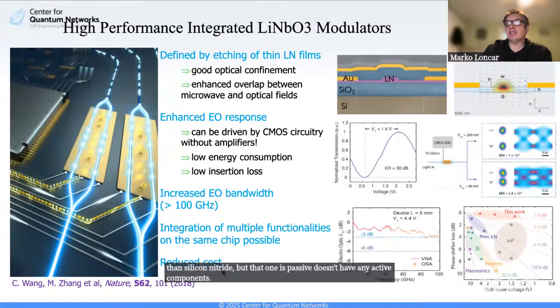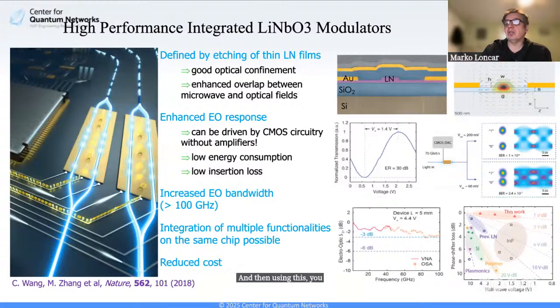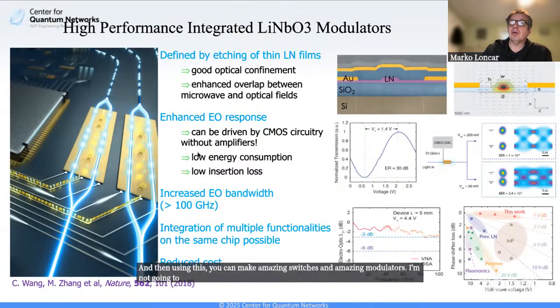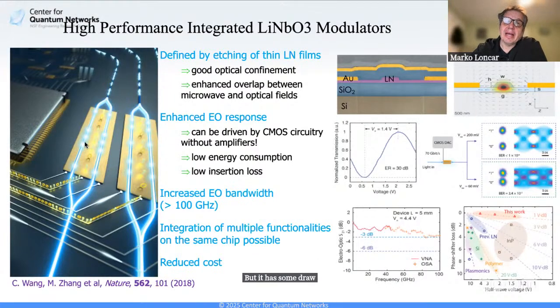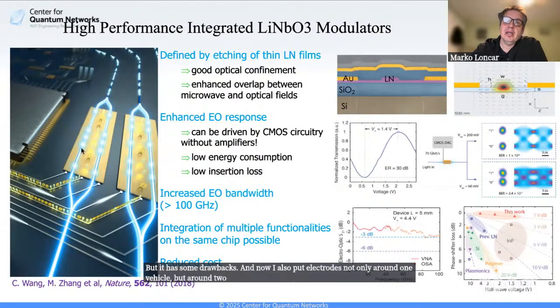And then using this, you can make amazing switches and amazing modulators. I'm not going to go into details of this slide. I will just say that now we are basically making these Mach-Zehnder interferometers. Notice I don't have a directional coupler; I have a Y splitter here. This is a little easier to do, but it has some drawbacks. And now I also put electrodes not only around one waveguide, but around two waveguides. That is actually beneficial because